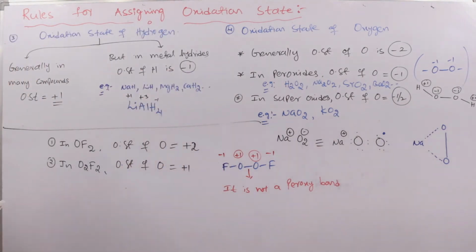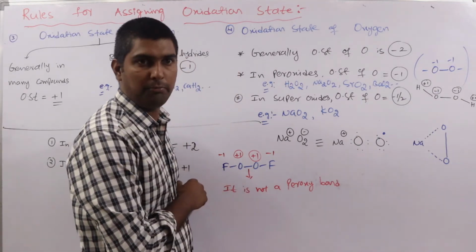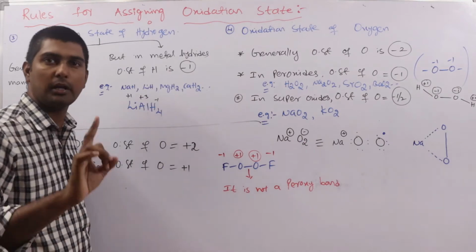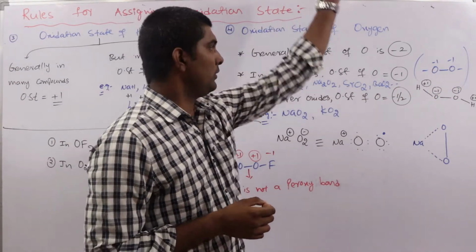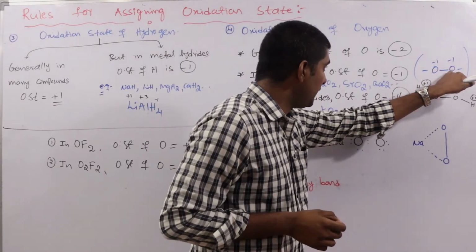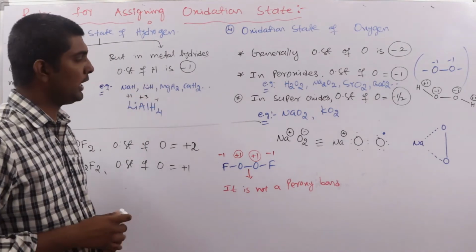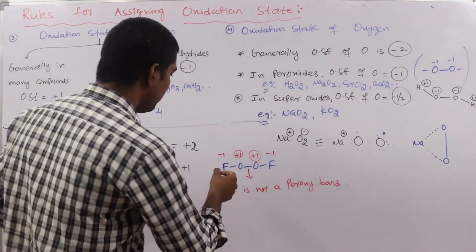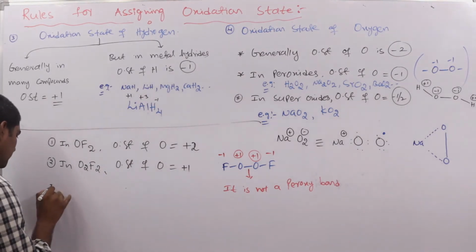Very important. Okay, so here we have a single bond between the oxygens, but the oxygen oxidation state is not -1. Here already discussed. If a single bond is present and oxygen carries -1 oxidation state, then only that is considered a peroxy bond. Very important, we get direct questions on this. Okay, next we have another molecule,